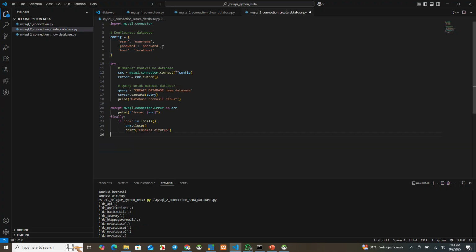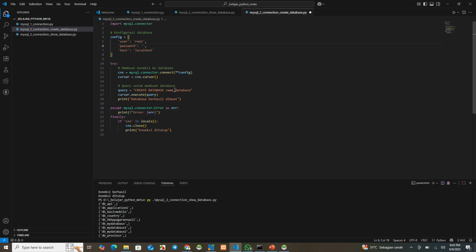Or maybe we write down username root, password blank, localhost. Now in this case we create a database.